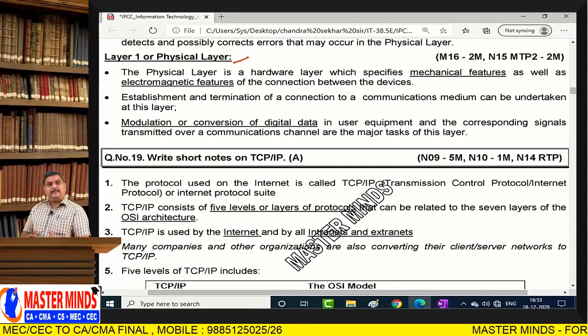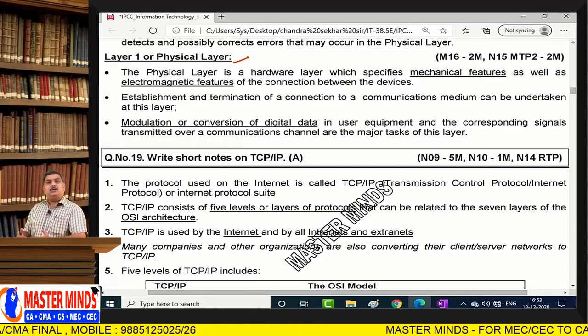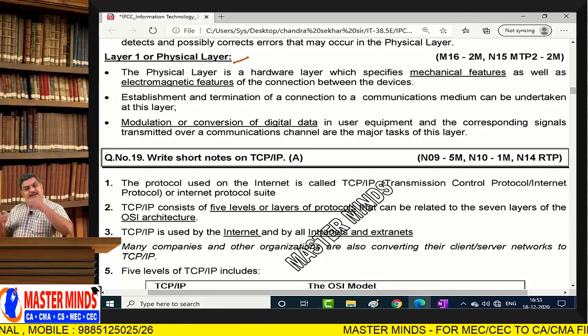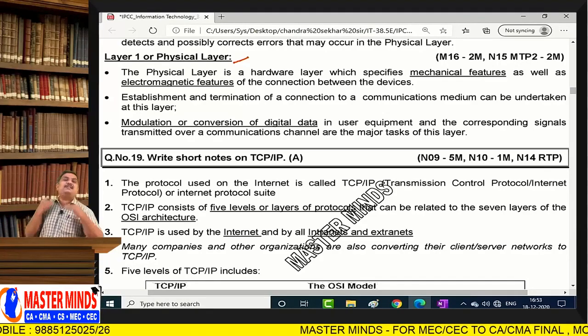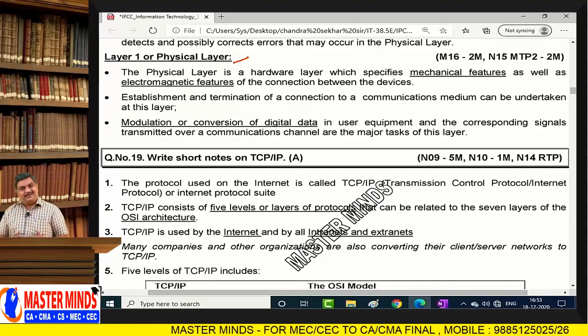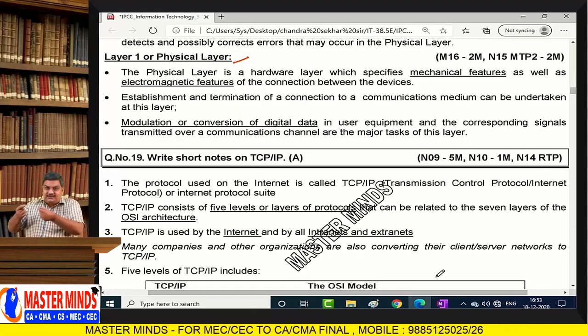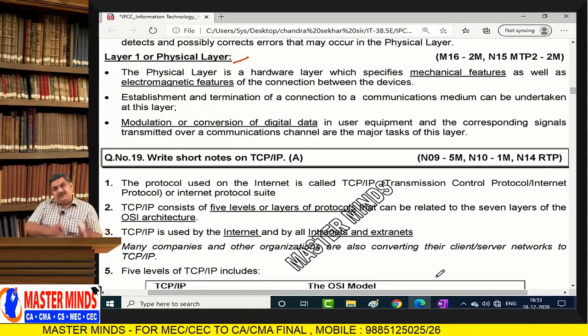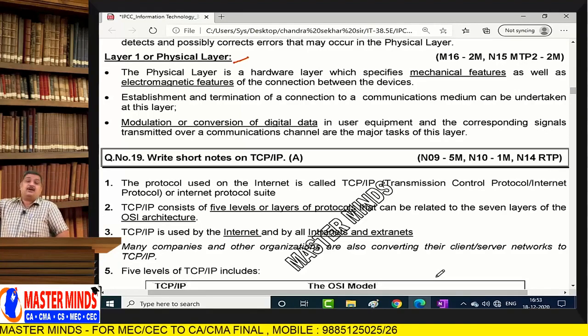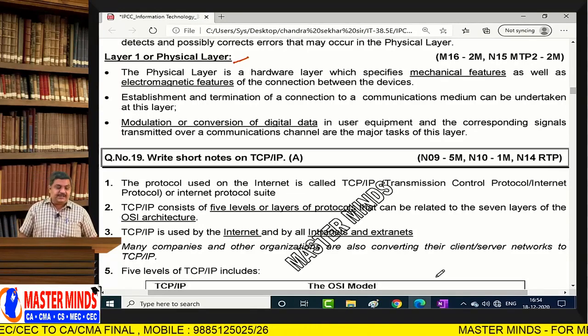But all the work that is done by the network interface card is broken down to make you understand, and for every piece of work, a name is given. For encryption, for secured packaging, one name is given, called the transport layer. So now the actual physical layer, meaning the network interface card of the sender, will send the data, and the network interface card of the receiver will receive the data. So this is how the OSI model functions.